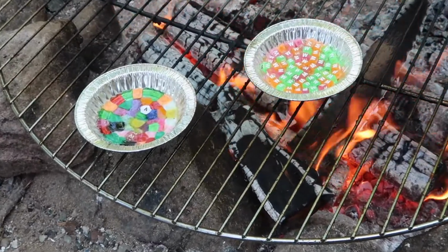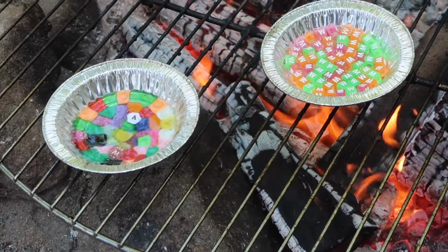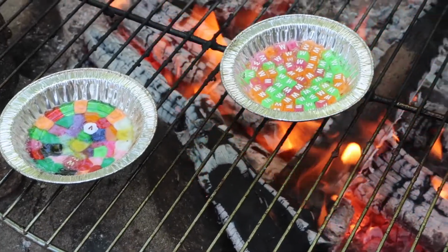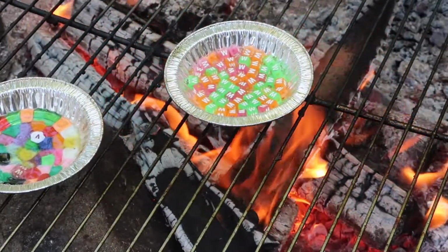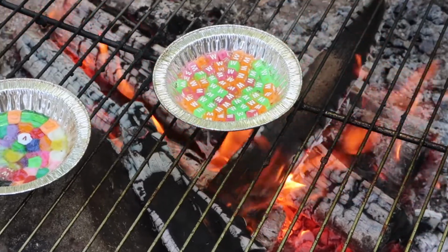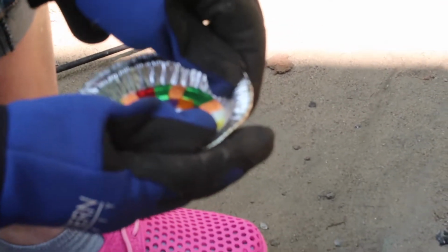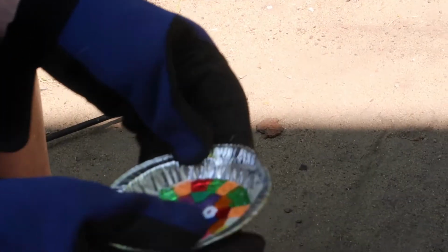The letters did stand out. Yeah, so that answers the question of when you were going to put the letters in there. Mm-hmm. All right. I'll check back with you when we see if these W's and M's end up melting. Okay, so what are you going to do, Joe? You're going to try to pop it? I'm just going to see. And pop it